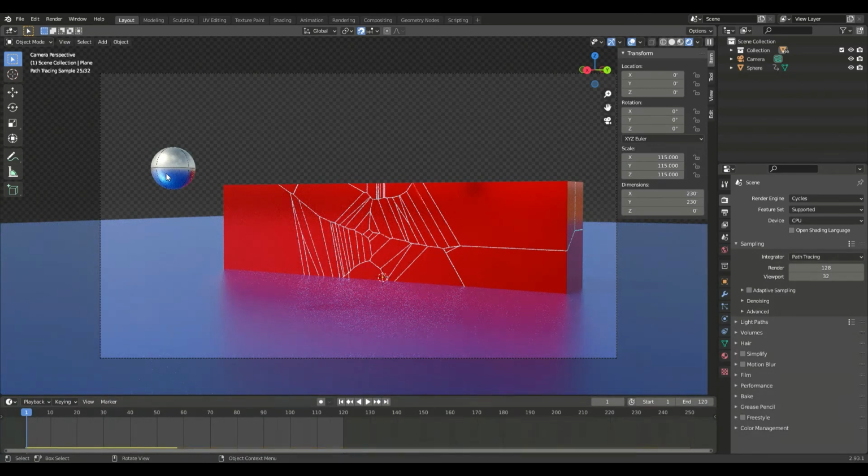And I like the way this ball looks. It's reflecting the ground and the cube on the side there, and the cube looks really cool. So now we're going to go to motion blur and enable that, and we're going to go, oh, there it is. So now if we render this out, let's change this render down to like 32 for now, because I don't want it to take very long. So when you render Cycles, it's a lot different. You have to wait for everything to load in, and then these tiles are going to show up.